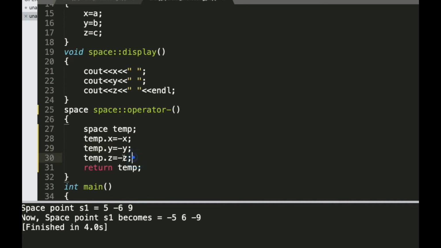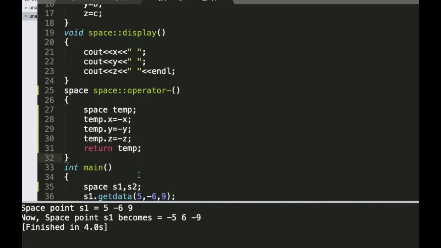So all the x, y, z values get negated, and those negative values get assigned to temp x, y, z. So you get just the opposite point as temp here, and we are returning that temp.